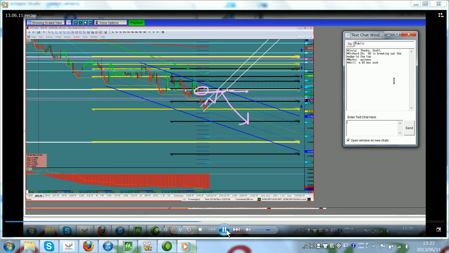Once they get the move on, if they stay inside this bear flag and they get all the way up here, we're going to look for sellers to come in here, and we will be a seller here. Once we break the bear flag down here, we will be a seller here, and then we will be a seller here. Okay. So breaking the bear, going to the top of the bear flag is about 79.90, right? Down to the downside, we'll be interested. Breaking the bear flag, we will be interested in the bear flag break plus the break of the support right here because we need to be sure this isn't a head and shoulders, all right?